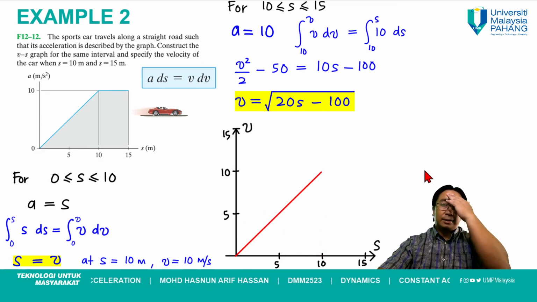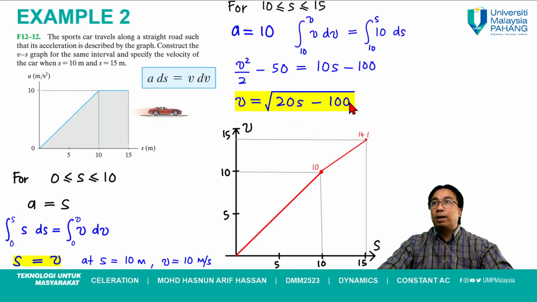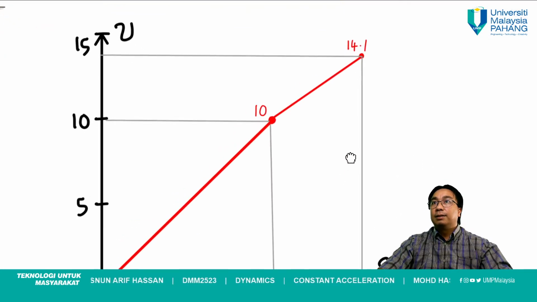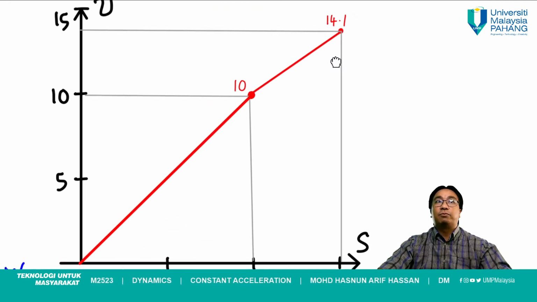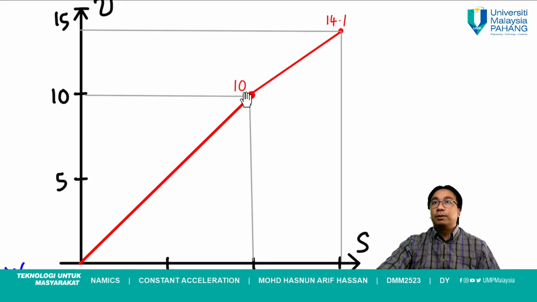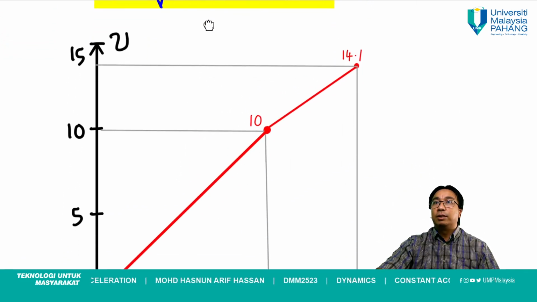Okay. Settle. Untuk fasa kedua, okay, what I did was, saya cuba cari what is the value when S equals to 15. Okay, so saya gantikan lah S 15 dalam ni. So 20 kali 15 tolak 100 square root. Saya zoom in kat sini, saya dapat 14.1, 14.1. Okay, saya dapat 14.1. So yang before that, yang lower limit tu kita tahulah, lower limit tu is 10 lah